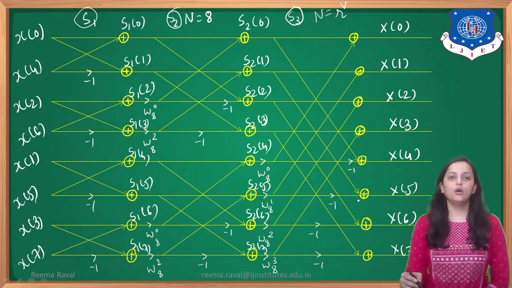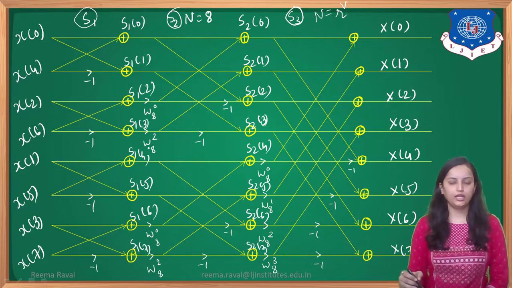Okay. Now Twiddle factors are taken over here from W8^0 to W8^3. Here W8^0, W8^2 are placed at the output of stage 1. Same way for the last 2 points. Similarly, W8^0, W8^1, W8^2 and W8^3 are placed at the output of stage 2. So we need to represent the equation in terms of Twiddle factor as well as by taking the -1 sign.